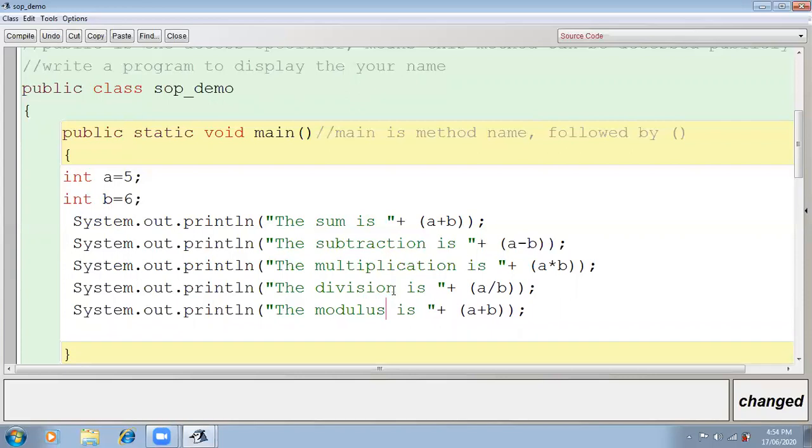Division means quotient and modulus means remainder. This percent sign is the modulus. It will give you the remainder, and the division will give you the quotient. Okay, understood? Yes. Let me compile.